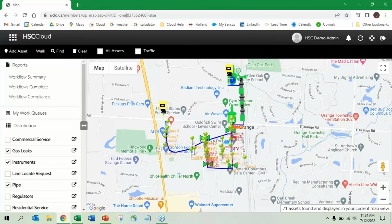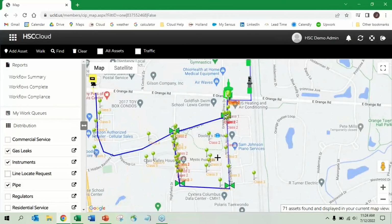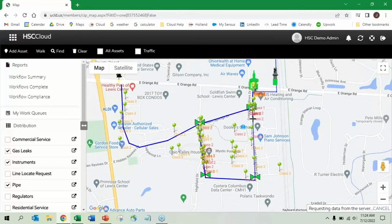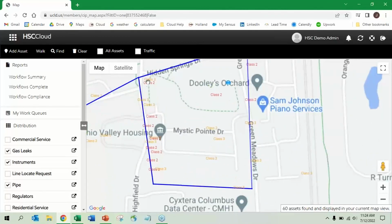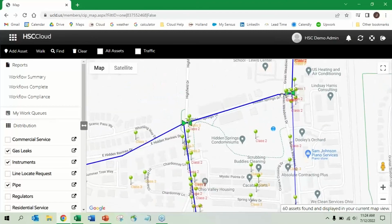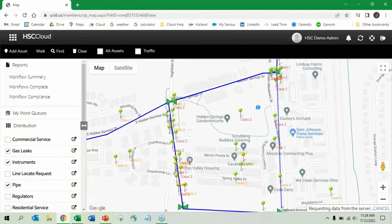Okay. So here, if I zoom in, I can see all of these little green pins are different gas leaks we have in our system. And so if you're looking at maybe replacing all the pipe in your system, and obviously this is a very small little demo example, but you can see here, okay, we have a lot of gas leaks associated along this pipe. Not as much along this pipe, some in these residences, not as much along this pipe, but this pipe seems fairly